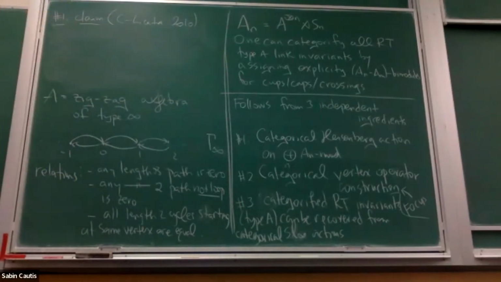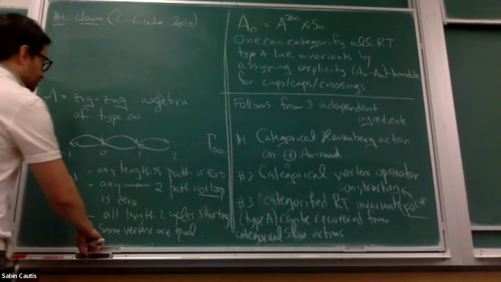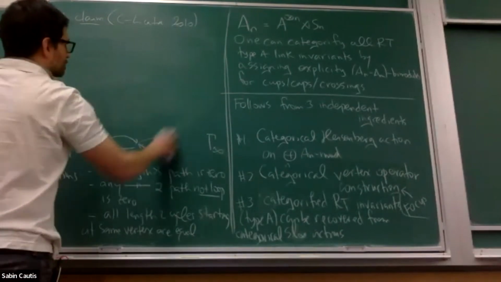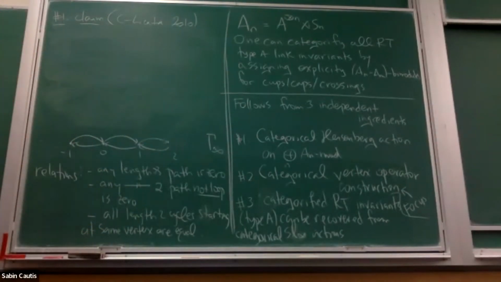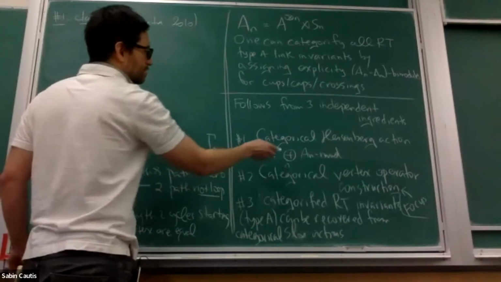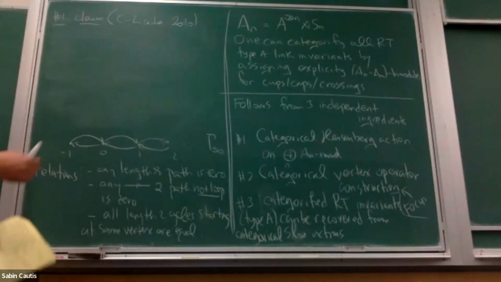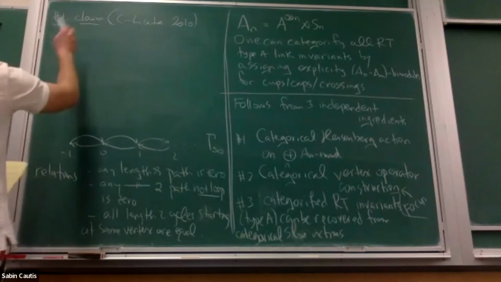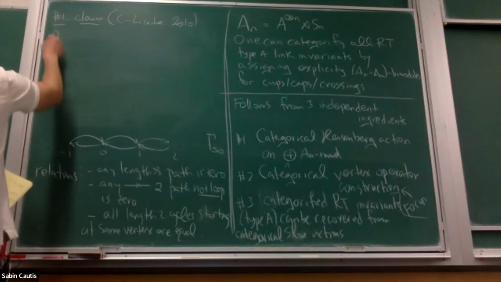Just before us, Michael Kavanagh had this paper on categorical Heisenberg actions, and that inspired us, and we wrote right afterwards a more geometrically oriented version of basically his paper. And the result from that paper from 2010, even though it's not literally in terms of A modules, is really equivalent to this. So the claim is that there exists